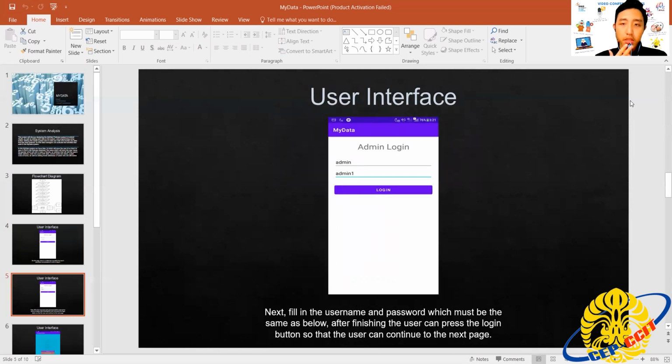And this is the user interface once the admin login has been filled. In this admin login, we have the username admin and password admin1. After finishing, the users can press the login button so that the users can continue to the next page.